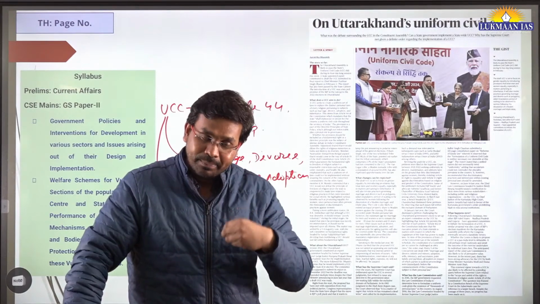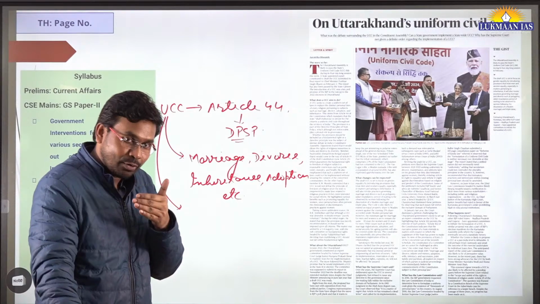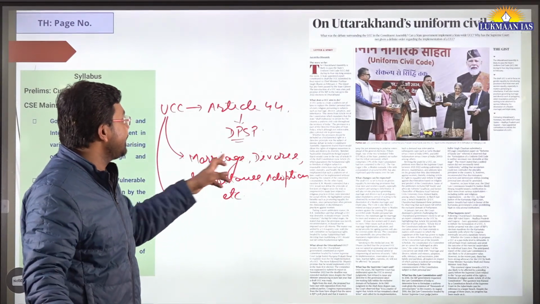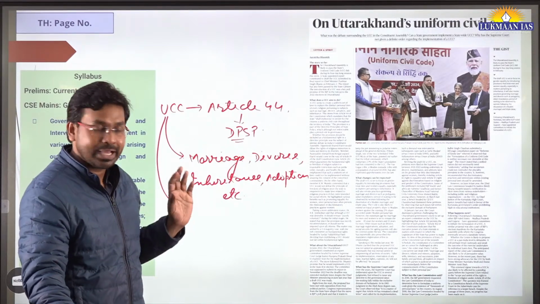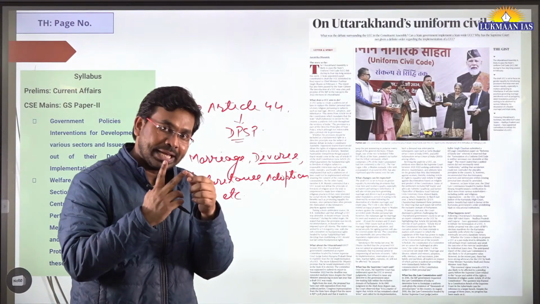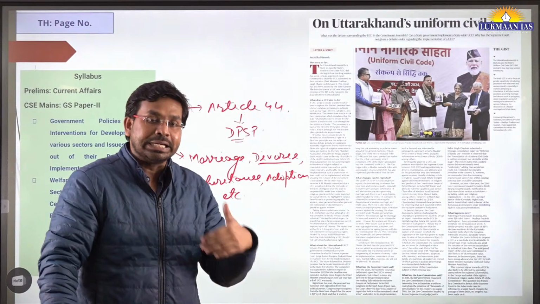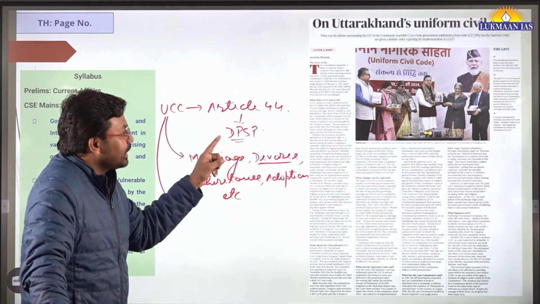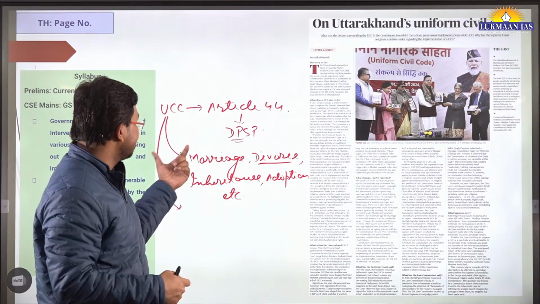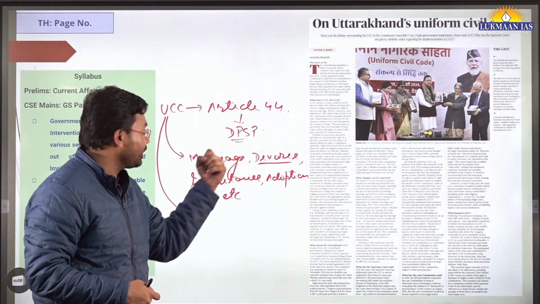In their religion, let's say, there are different ways of getting married, right? So they follow different customs and have different norms. In some religions, especially in this article they have mentioned, in the Muslim religion, if a couple gets divorced, the woman has to wait for some time before she can get remarried to another person. So through the Uniform Civil Code, they want to bring uniformity into these different aspects: how marriages should be registered, how divorce should happen.